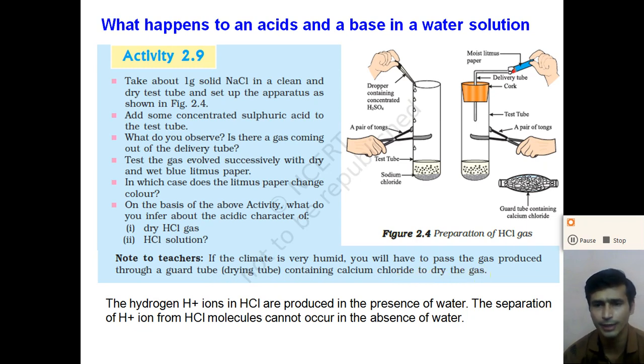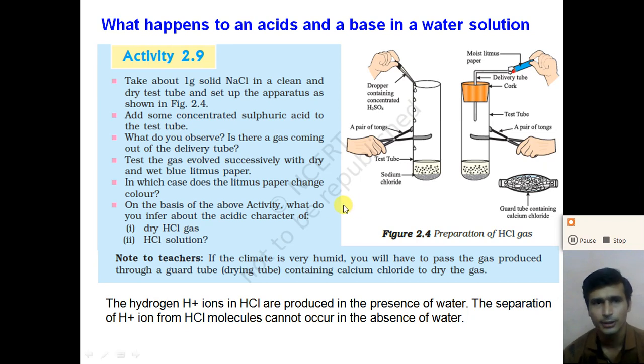So you have to perform this activity in the presence of the teacher, because the concentrated acid is very harmful to our body, right? So note down what type of gas will be produced, an acidic gas or a basic gas. Take the blue litmus paper, and the color of the blue litmus paper will change. We can say that an acidic gas will be produced.